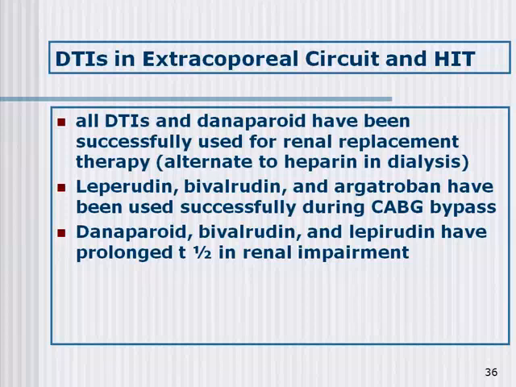Lepirudin, bivalirudin, and argatroban have been used during CABG surgery. One thing to keep in mind, though, is that obviously the drugs that are cleared renally, the naproxen, bivalirudin, and lepirudin, if you have a patient who's on dialysis